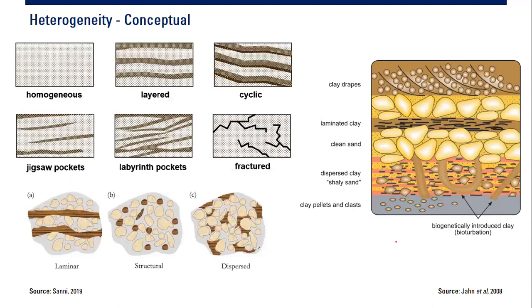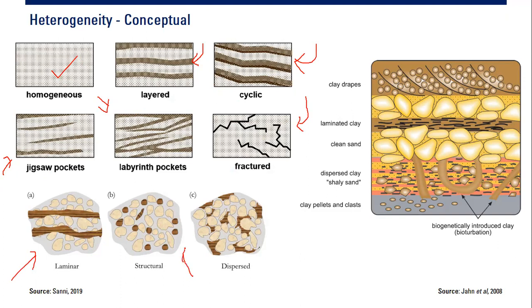Another conceptual heterogeneity, for example, this, we call this homogeneous, but there is no such thing as pure homogeneous. This kind of heterogeneity, we call it layered, cyclic, jigsaw pockets, labyrinth pockets, fractured. Different types of heterogeneity. And based on the distribution of clay or clay mineral,